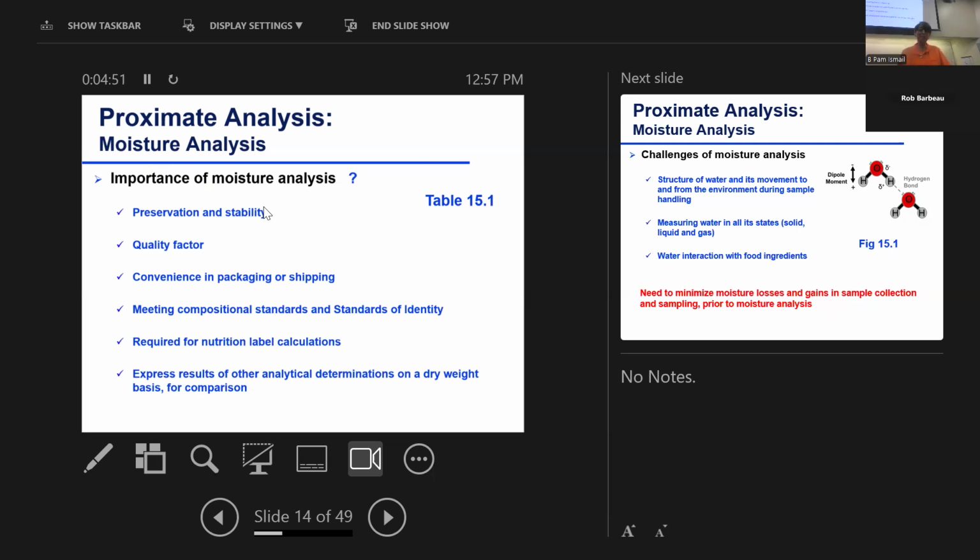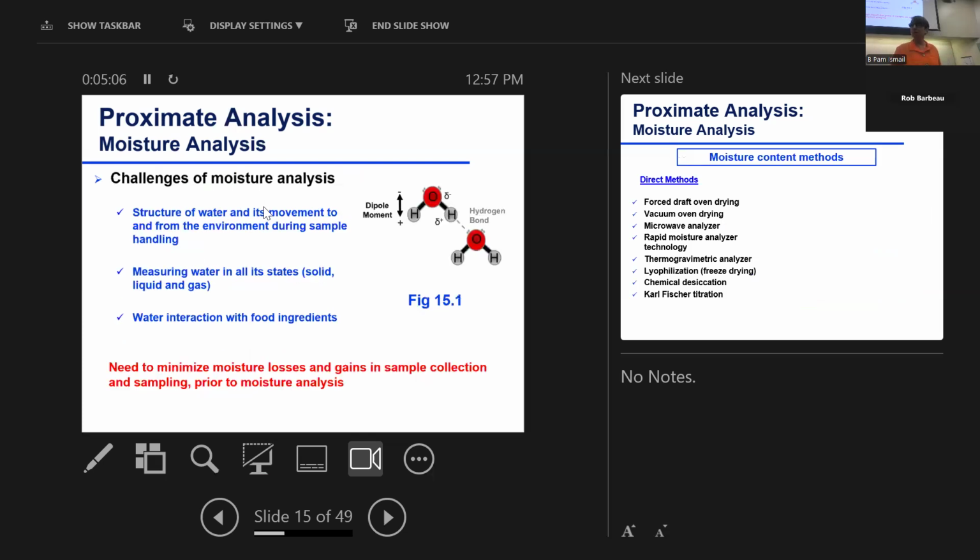Okay, we express on dry basis when we're doing comparison of nutritional component or chemical composition across different types of food. We kind of remove the moisture as a factor when we're doing comparison. All right, did I cover this? No. All right, so the structure of water, without going too much into fundamental chemistry,